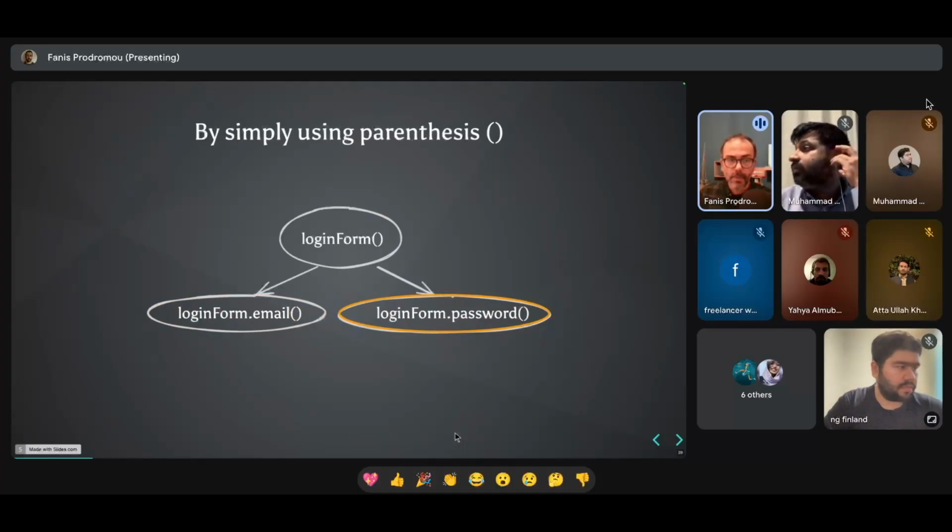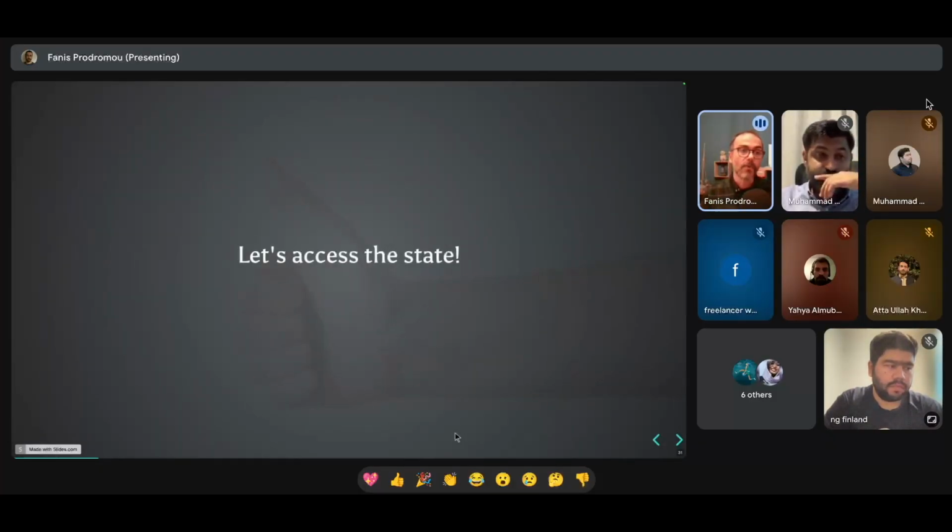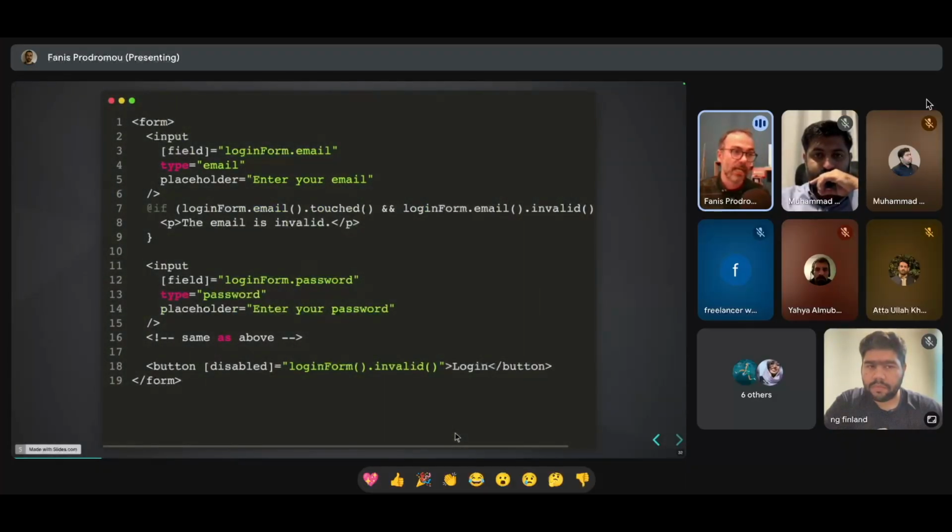But what do we mean by state? Well, I mean that we can grab the value, the validity, the errors, the disabled status, if this is hidden, submitted status, and stuff like that. So since we now know how to access the state, you know what? Let's access the state. And what I mean by that is that I would like to have some error messages